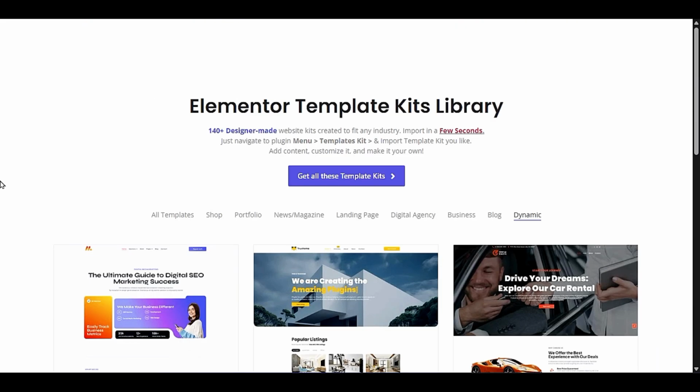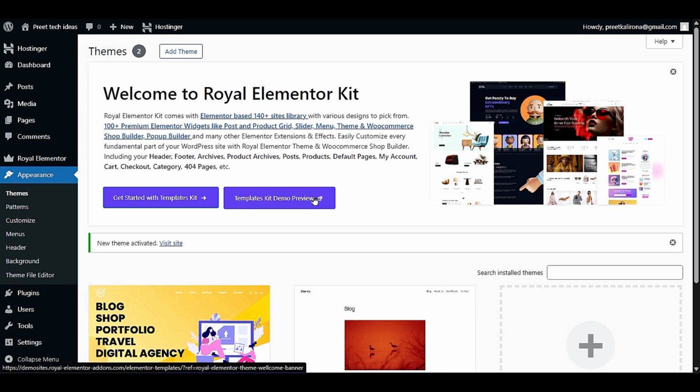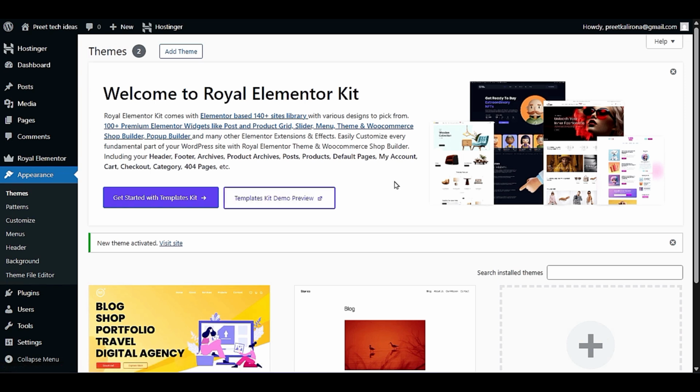So now let's start. Click on get started with template kit. We have to click here to get started. We already reviewed these templates, and later on you will also be able to import those pre-built designs directly from your WordPress dashboard. In the WordPress dashboard, we have not yet clicked get started, but you still see the option Royal Elementor, one new option in the sidebar of WordPress. Let's click on get started with template kit library,